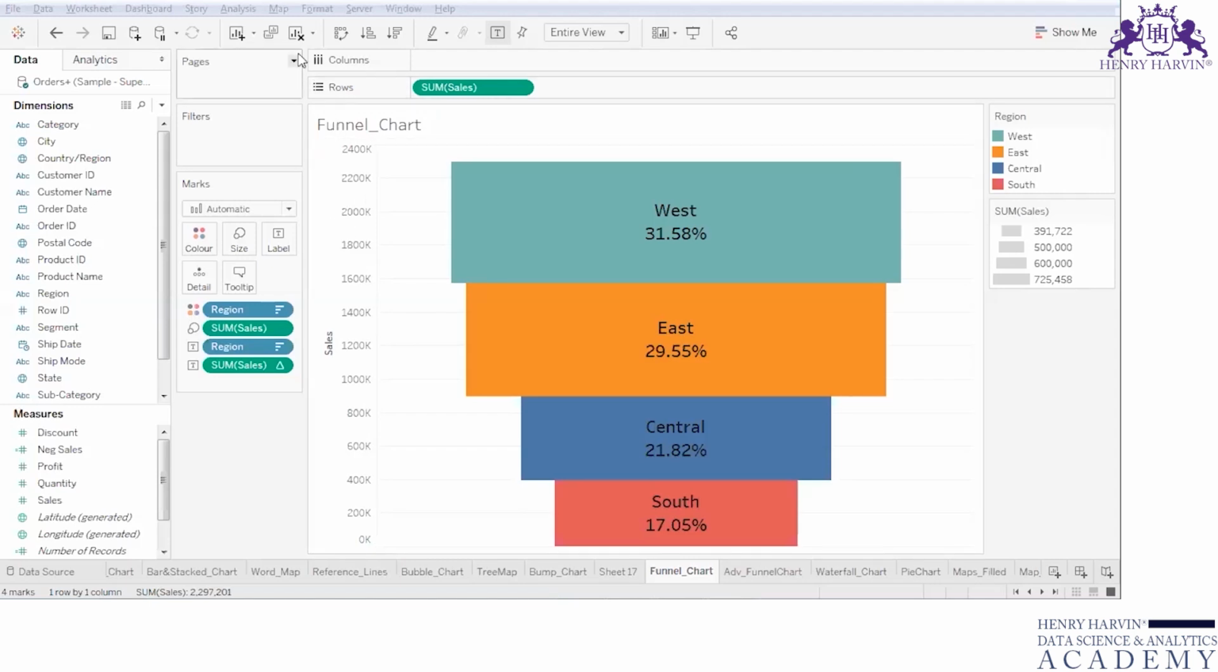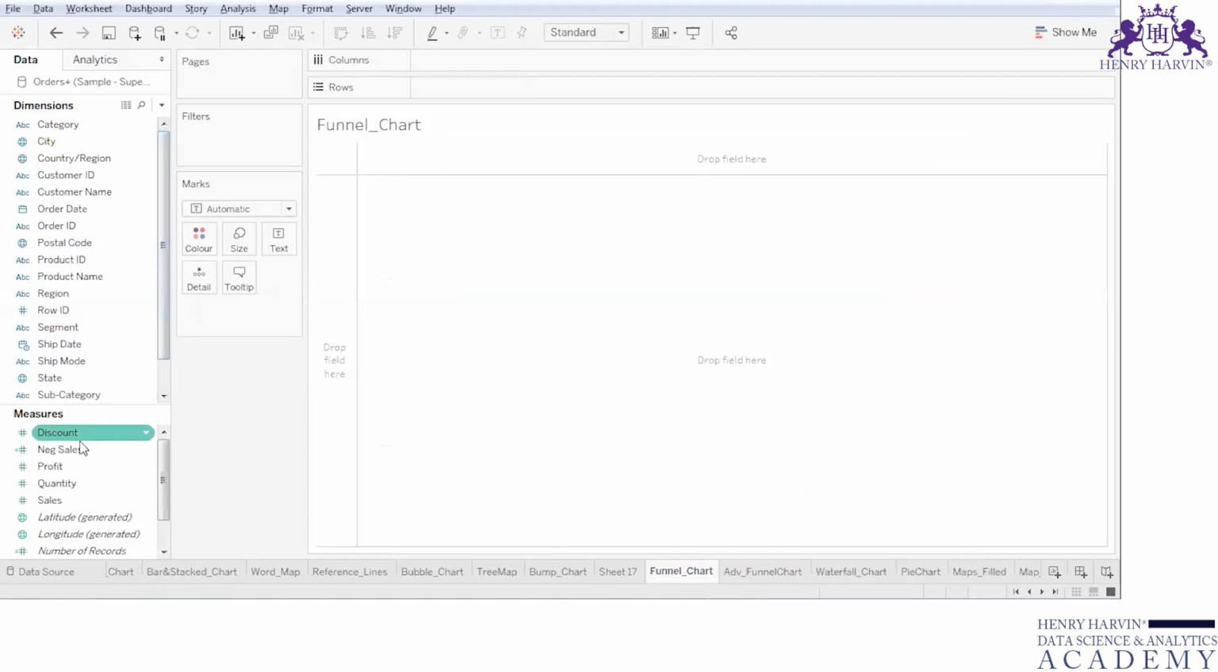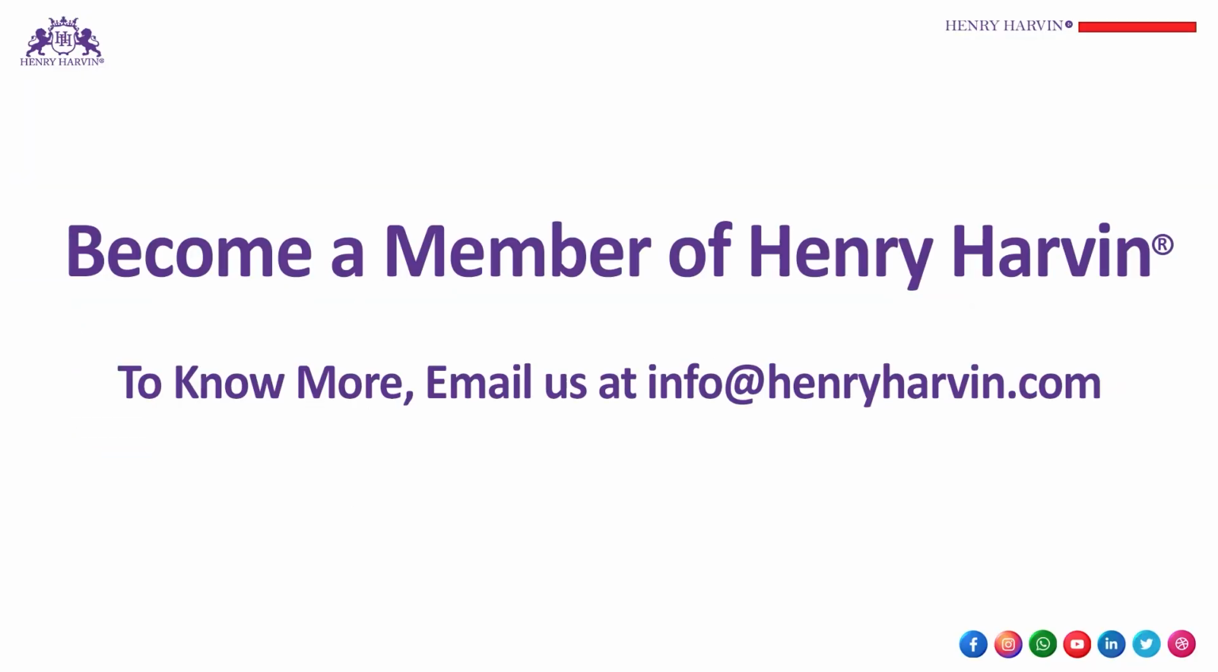So I'll remove this and I'll tell you from scratch how to create a funnel chart. By the way, using a funnel chart in your dashboard makes it quite attractive, because very few people know how to create a funnel chart out of Tableau workbook. So let's create a funnel chart from scratch. So for a funnel chart, first of all, take a